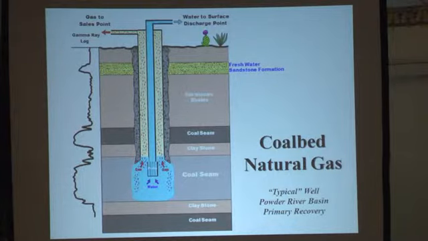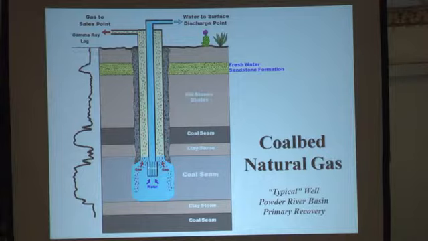This is an example of a coal bed well, and I've got better illustrations for coal bed because of a lot of the work that I've done in there. But as you can see, there's the different geological formations going down, and when they reach the coal seam, which I have up here, the gray on the edge of the vertical well is concrete or steel pipe.